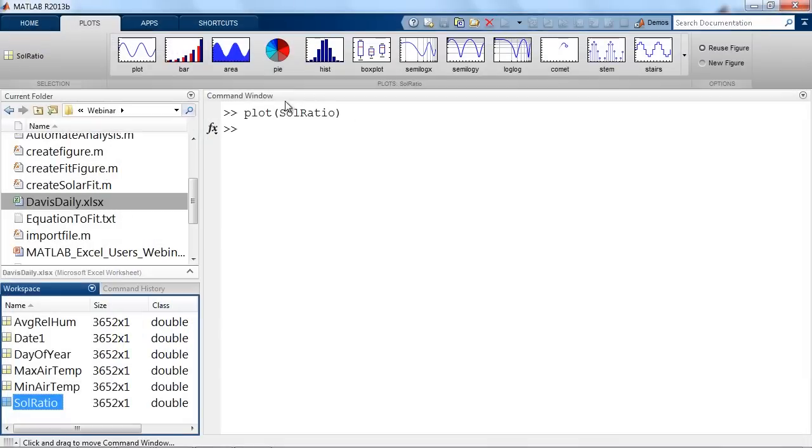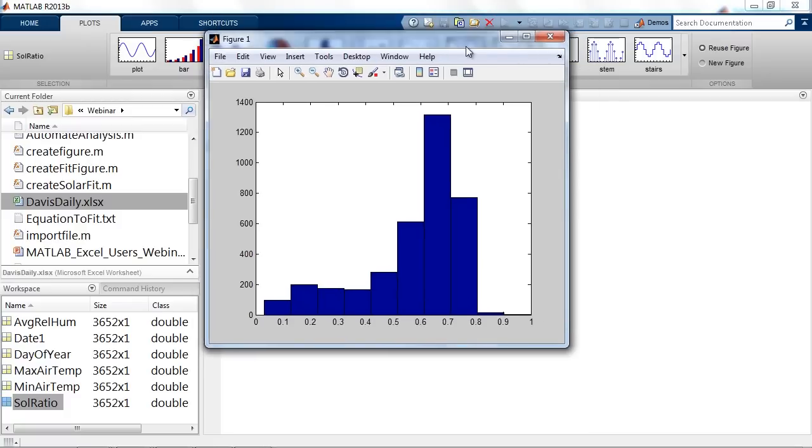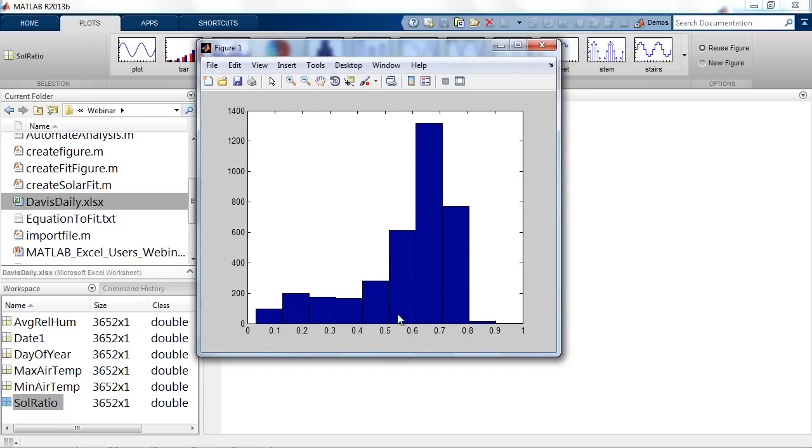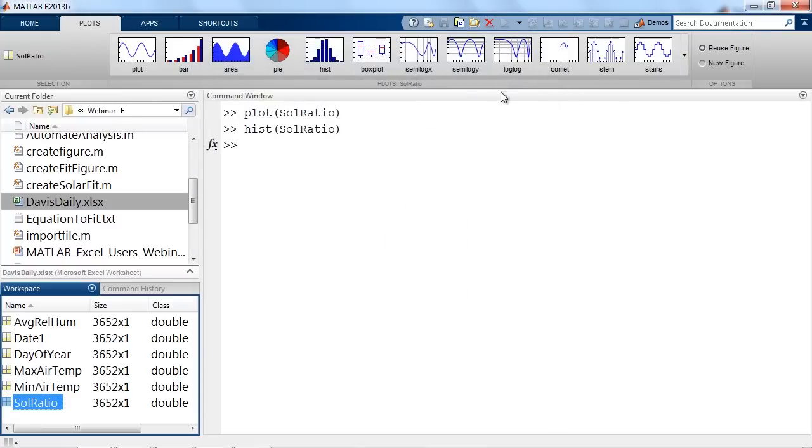Let's close it down and try something else, maybe like a histogram. Okay, so I find this to be a bit more useful. This shows me that I have some amount of data pretty much throughout the entire range from 0 to 1, but most of it is concentrated between around 0.6 to 0.8. So we can keep exploring this further if we like, trying more plots and different kinds of plots, and I